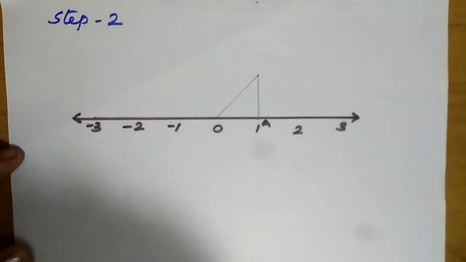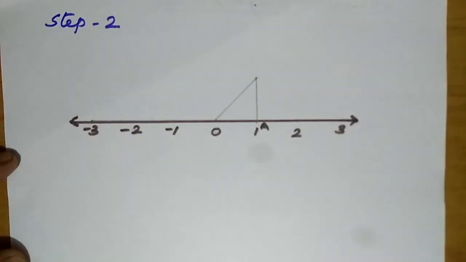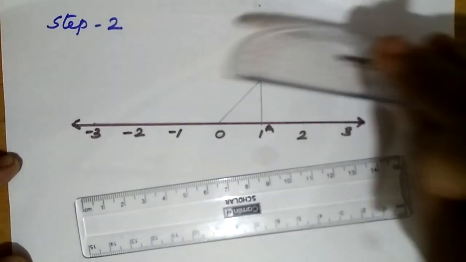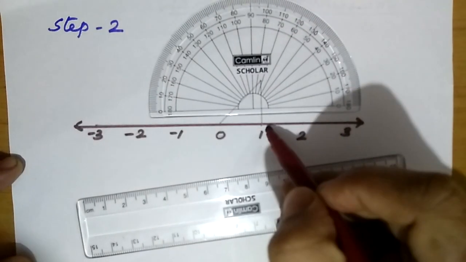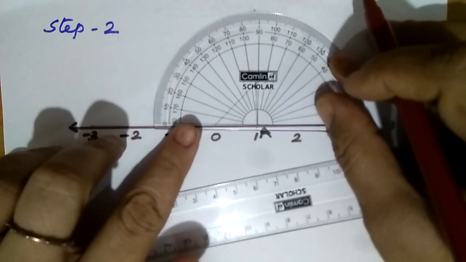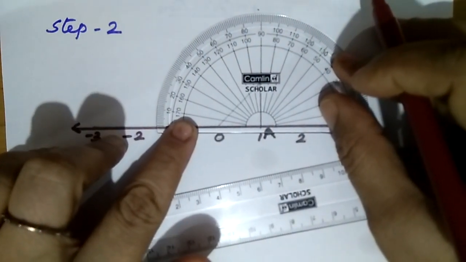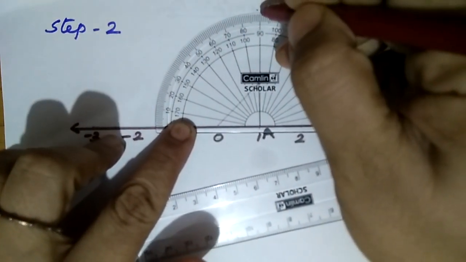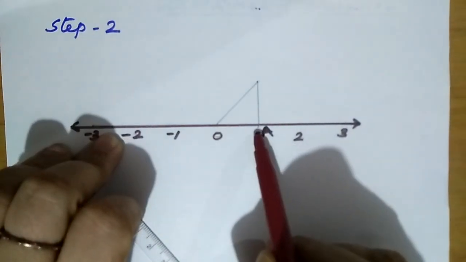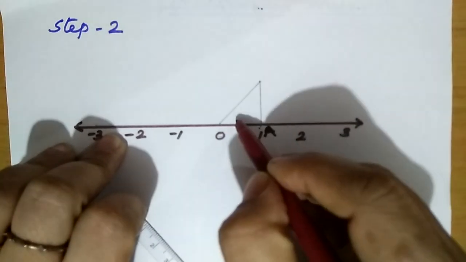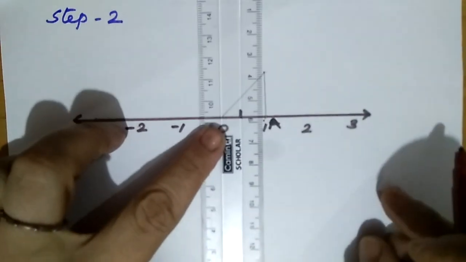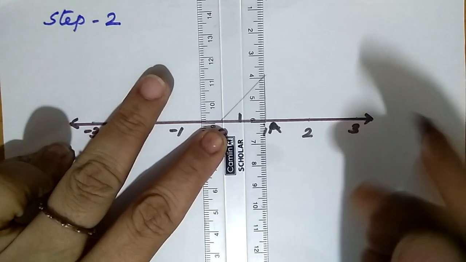Already you completed step 1. Now we are going to step 2. The number line is there with you. Now we have to take the protractor at 1, which I have to mark as A. At A you have to keep the protractor and make the 90 degrees. So already A I marked at 1, meaning OA equals 1 centimeter, and at A I marked a 90. Along that line, 1 centimeter I have to take.